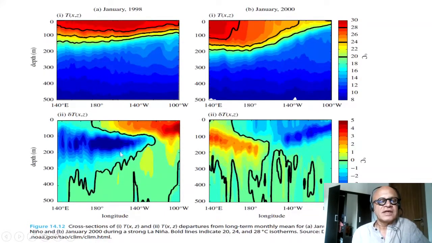And if you look at it as anomalies, delta T, then you can see that there are cold waters intruding from the west already before the El Nino is completely over. So you can see that the phase shift to the La Nina is already in place, and the warm waters have been spent, and the warm water pool is only remaining a little bit in the far east. And the change in the vertical, you can see again, this is for 2000, the coldest La Nina is coming to an end, so warm anomalies are coming across from the west,